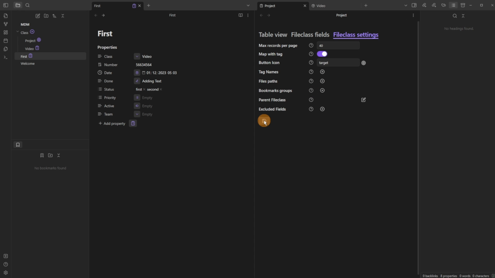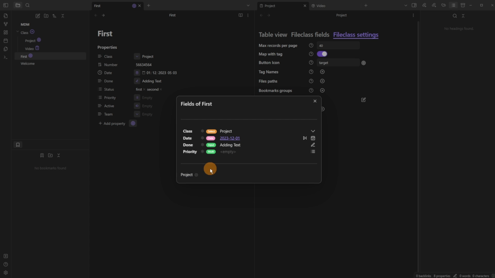I can then save it, and that's going to update the icon for all of the classes that have the target and update all of the files that have the class as project. This has a class of video and it's taking the clipboard because that is the video icon. So even though it's got the properties from the project, the class is still video, which is why it's showing the clipboard. If I change this to project, now it's changed the icon, but it's also restricted what's been shown